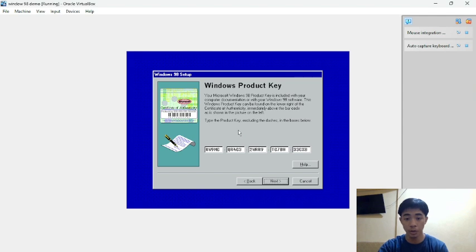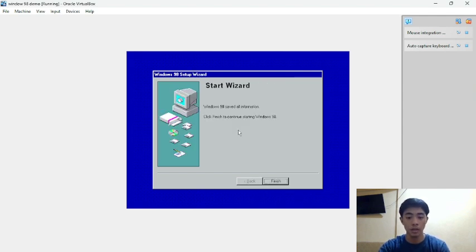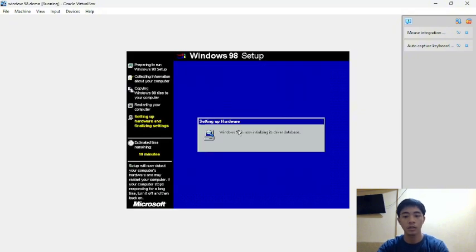Then after you input the product key, we will press next. Then as you can see, it's finished.